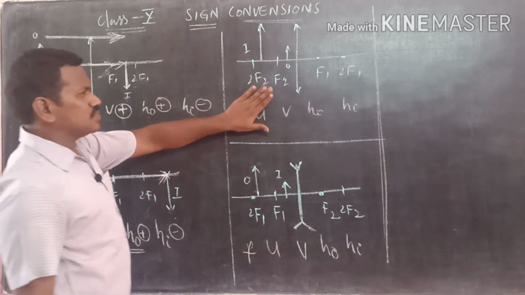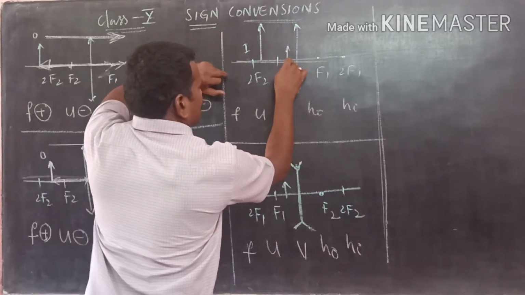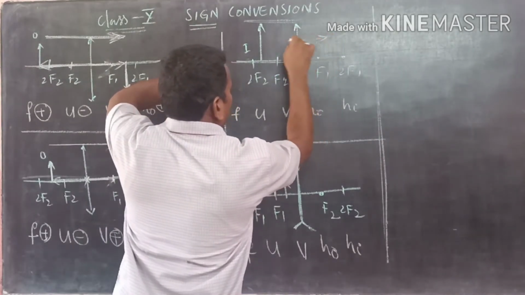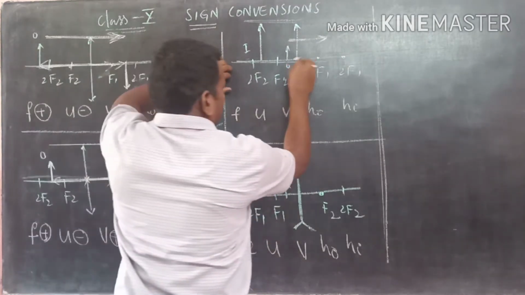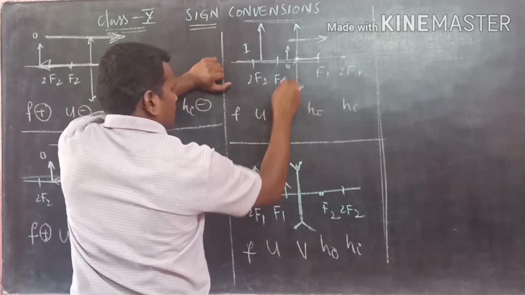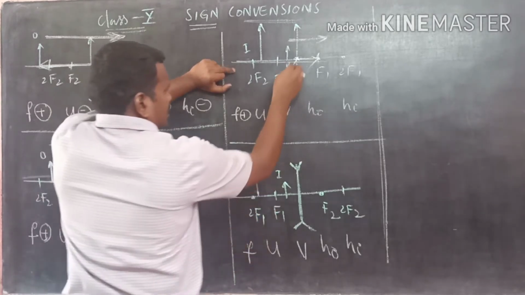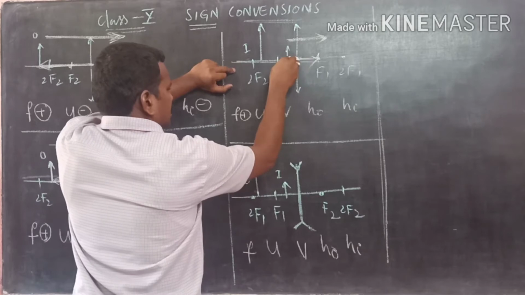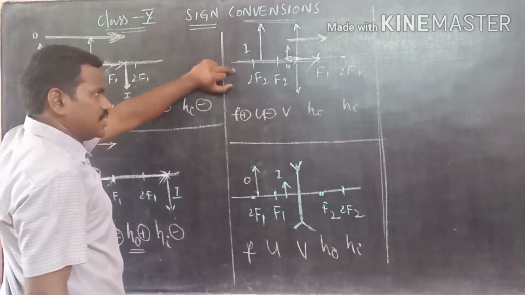Now once again you come to this example. See here, O is given, meaning the object direction is given. The light rays are traveling from left to right. Now if you consider, this is nothing but the focus. The distance between the optic center and the focus, both of them are in the same direction. Object distance: the light rays are traveling from left to right, and the object distance is in the opposite direction.